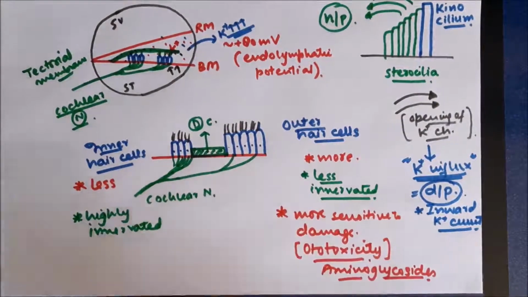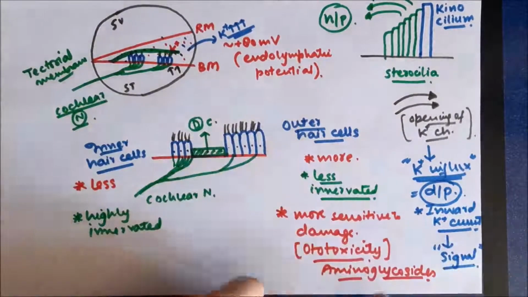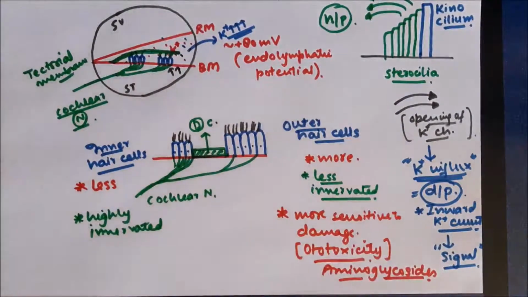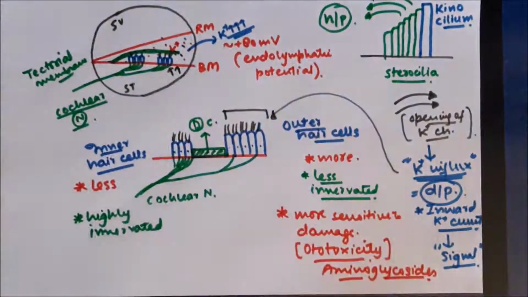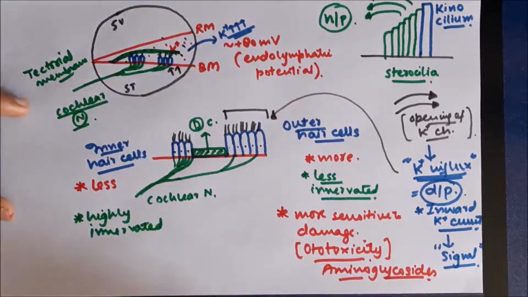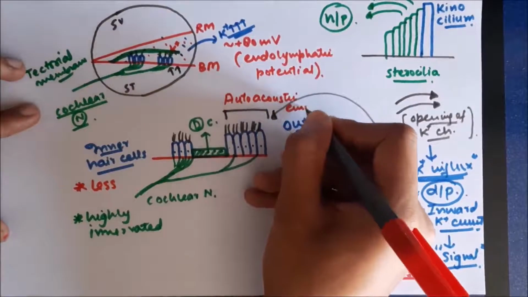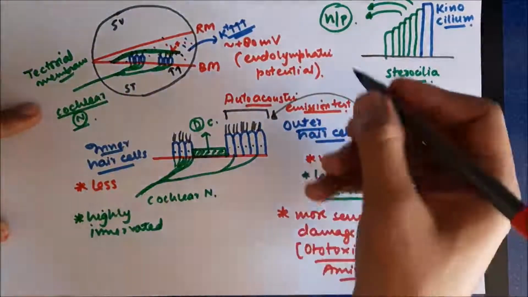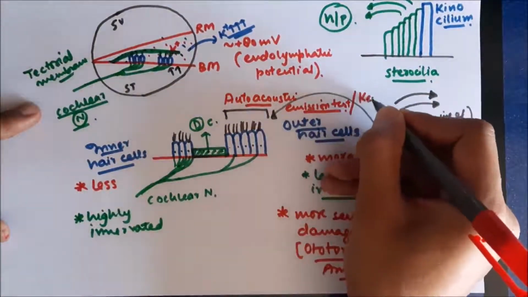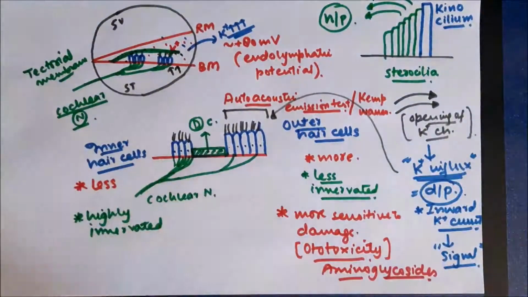It's an important phenomenon. These waves of depolarization can actually be measured in the outer hair cells, and this method is used for performing a particular type of sensory test, in which we test whether a baby has developed the ability to hear or not. This test is called the otoacoustic emission test, and these waves of depolarization in the outer hair cells are called Kemp waves. A special name given to them after the name of the scientist.